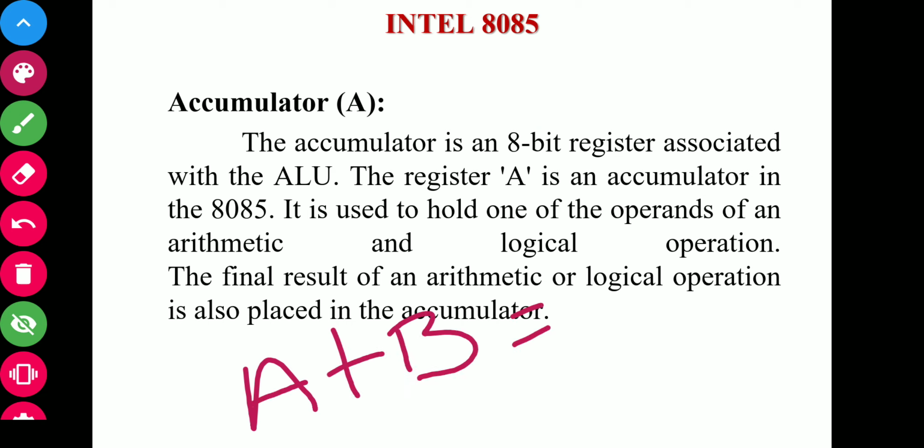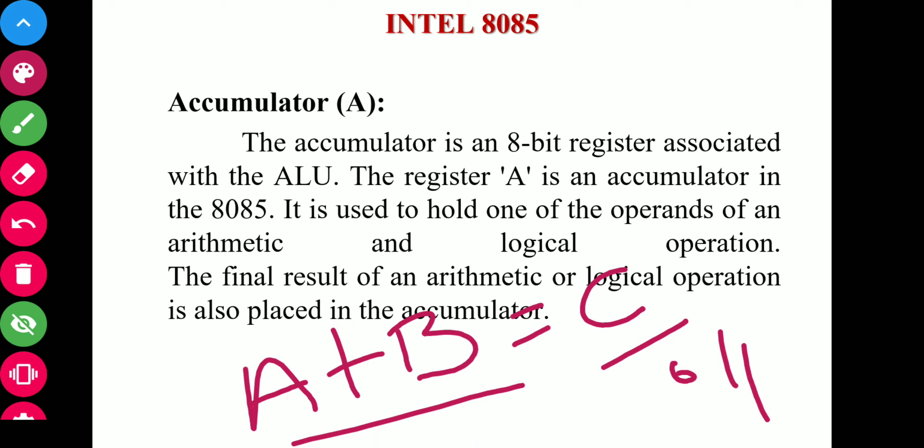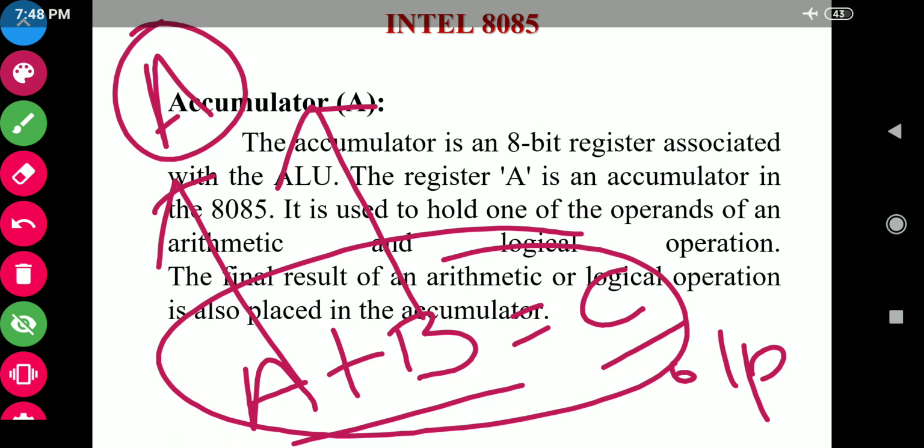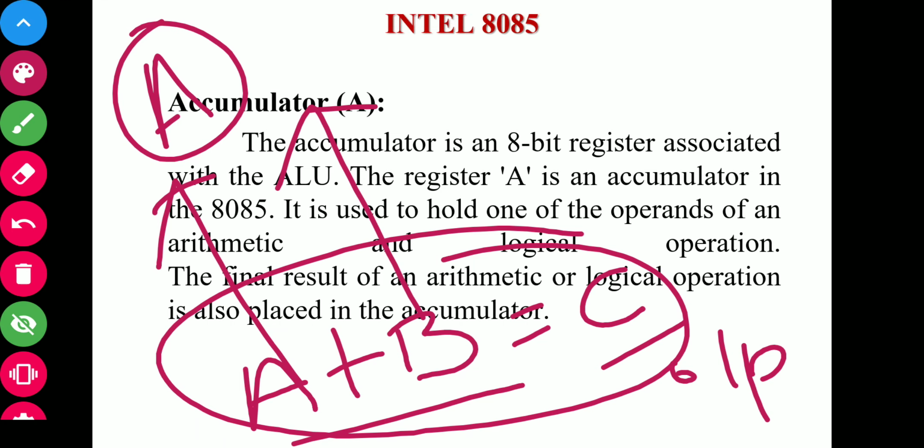you assume that C is the output, right? Here A and B are input and C is the output, right? So when this kind of operation is performed in the 8085 microprocessor, what happens? One of the values, either A or B, any one of the values will be stored temporarily in the accumulator. Because accumulator is a register, it's a storage device, so one of the input values will be stored in the accumulator, either A or B, and the other value will be stored in some other memory location,